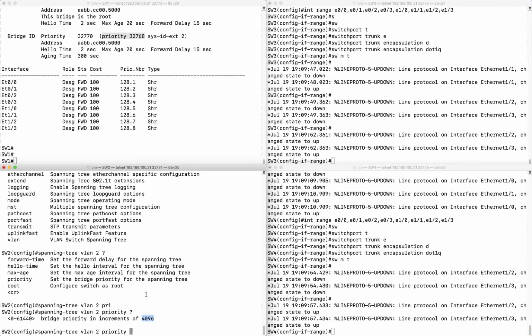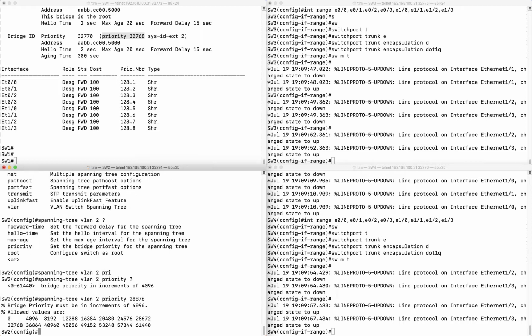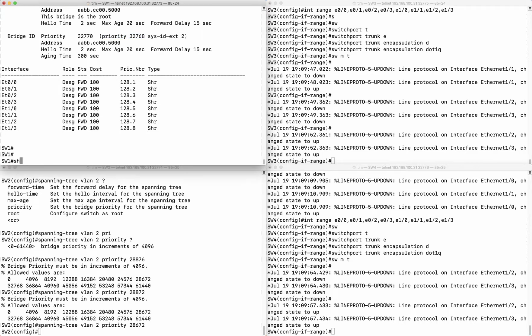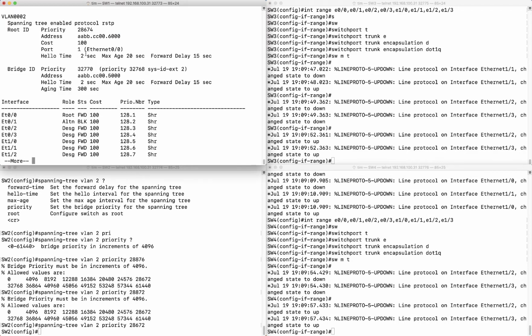4096. So if we wanted to use this as a root over switch 1, we can either make the bridge priority higher on switch 1, or we can lower it on switch 2. In this case, 32768 would be, I think, something like 28672. Now by doing this, we'll do show spanning tree for VLAN 2, and you'll notice that it is not